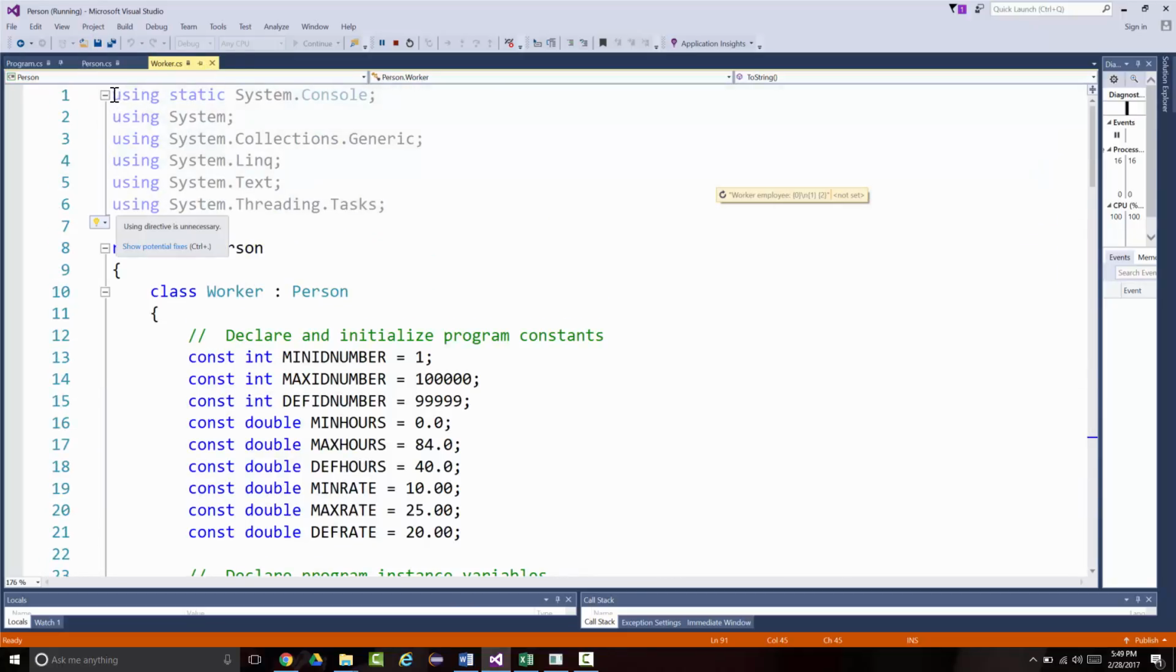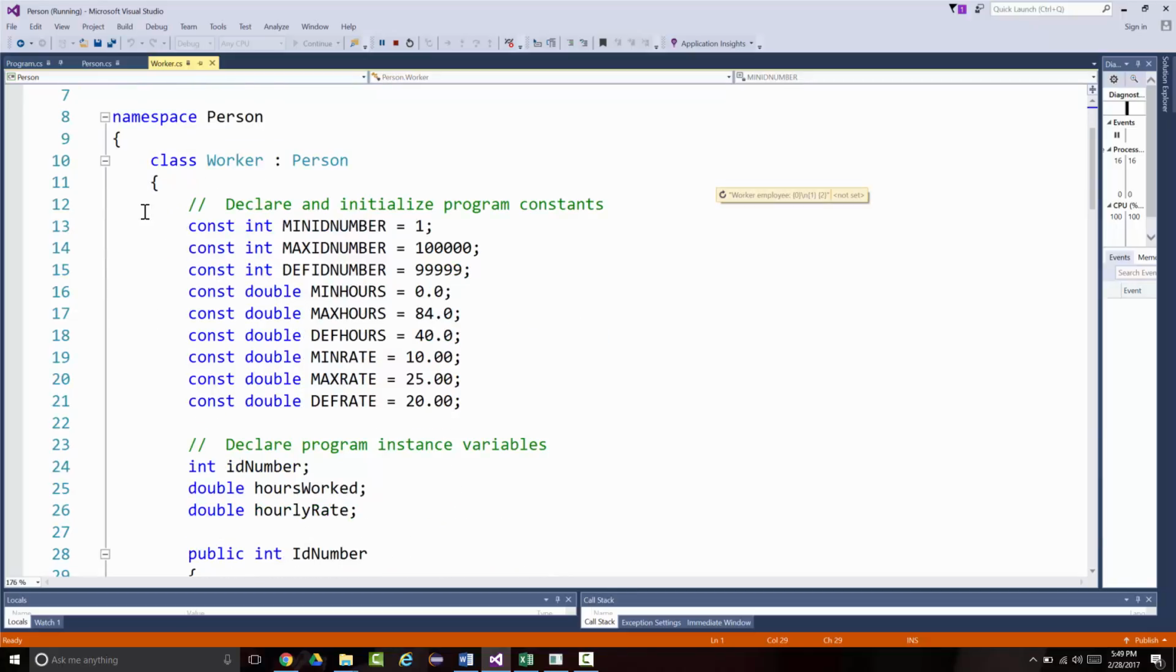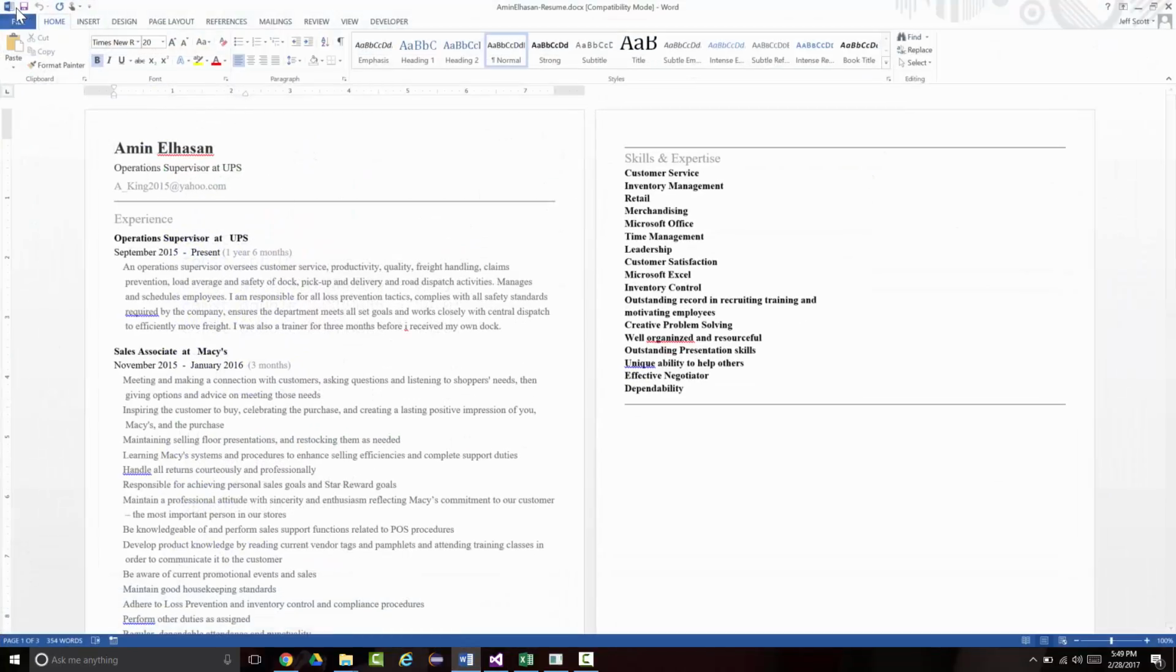As always, I've added the using static System.Console here. So notice that worker is a person. Remember that the colon means inheritance, which means an "is a" or "is an" relationship. So a worker is a person. Based on our specs that we had, remember those specs,